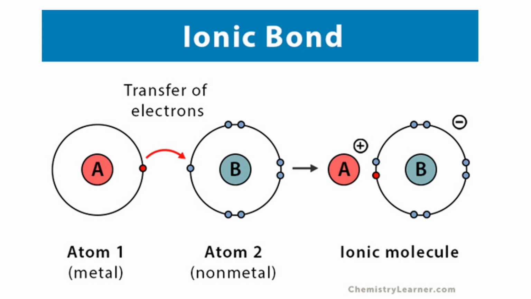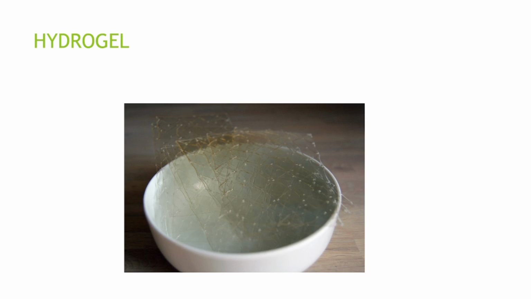The bond is formed when one or more electrons from the outer shell is transferred to the outer shell of the other. An example for that would be NaCl, table salt, and as you can see here, it pretty much explains it. And alright, now that I've explained the basic stuff, let's go with how it is related to food